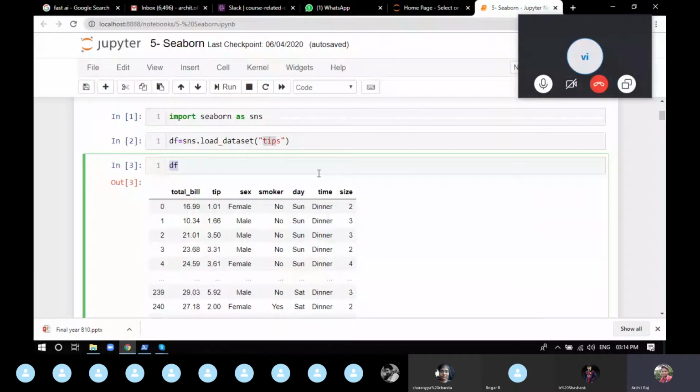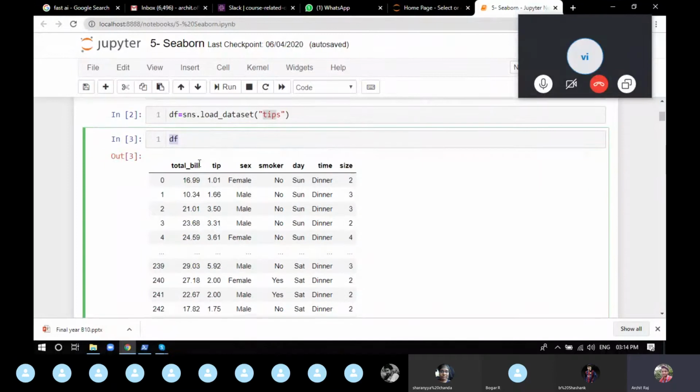Now what we are going to do is consider total bill, sex, smoker, day, time, and size as our independent variables. On the basis of all these variables, we are trying to predict tip. That's how a machine learning model works. You have to find out what are the independent variables and what are the dependent variables. We'll go through each and every one of them, what is dependent and independent, in the upcoming classes when we start the algorithms. But for now, just think about how we distribute them.